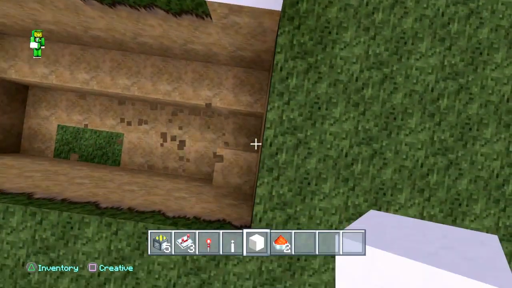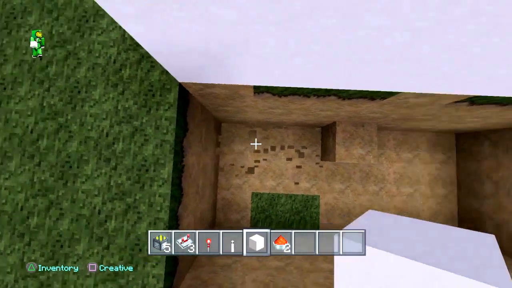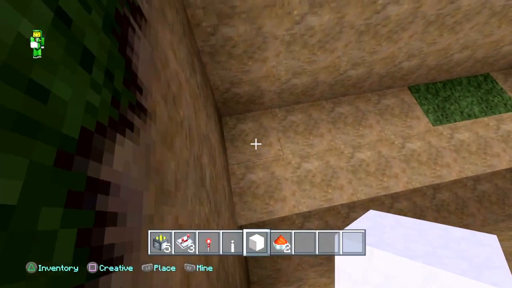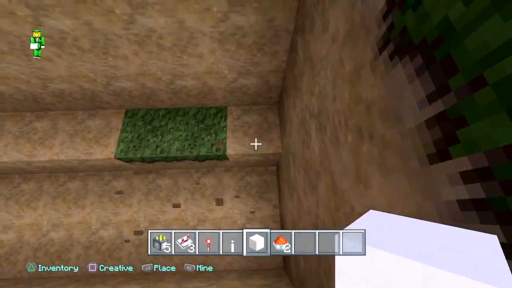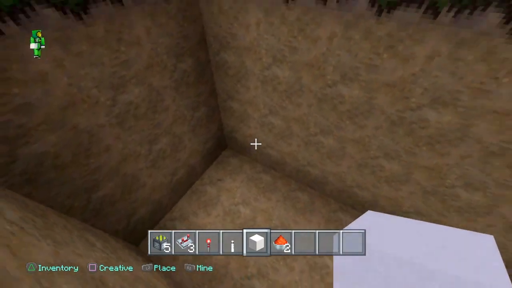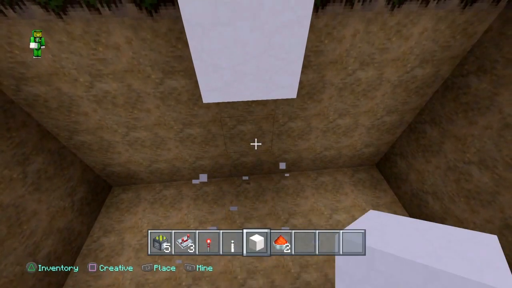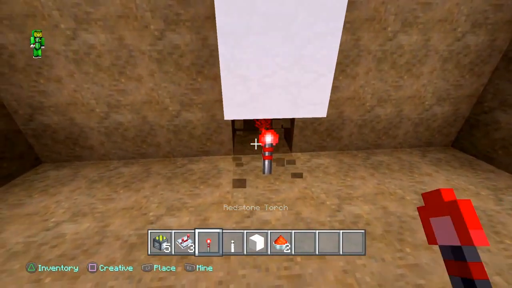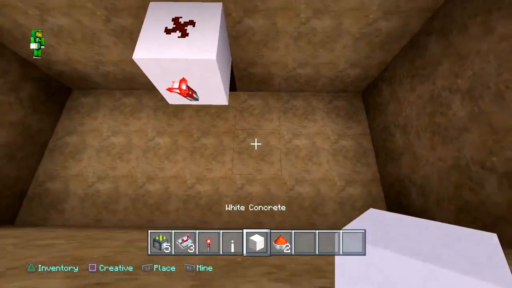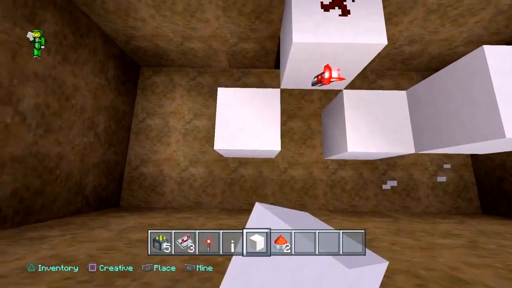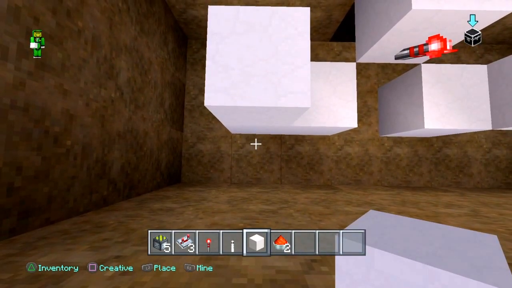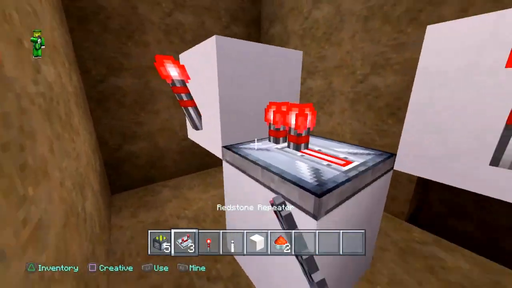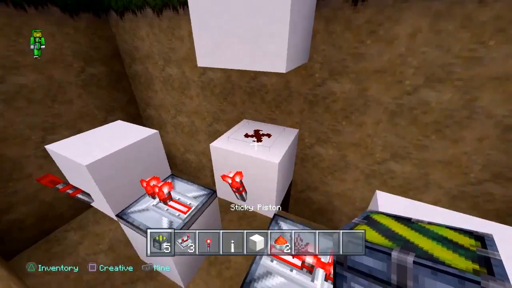Just like this. And this is just going to be basically the same design for the block swapper and to hook up the system. So like I said, it is going to be a little repetitive. And we're going to place our redstone dust there, and a redstone torch here, a block up, a block up, and we don't need that block, a torch, a repeater, and then